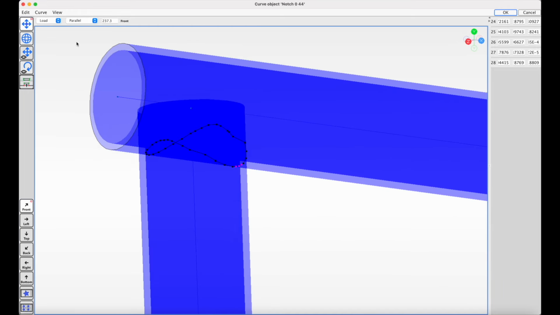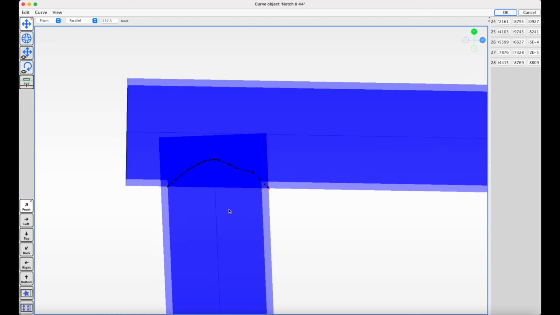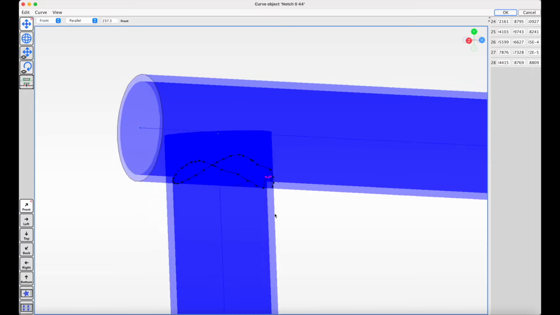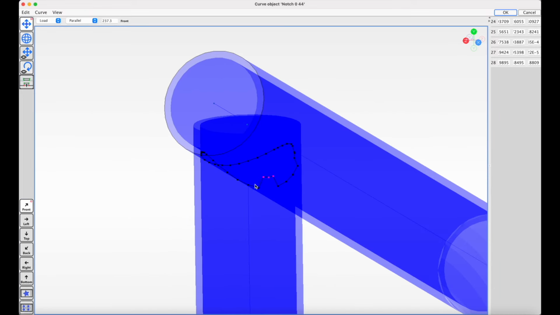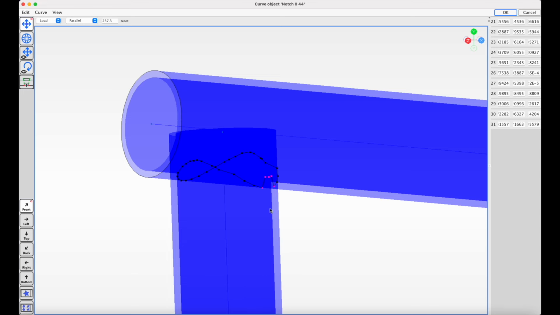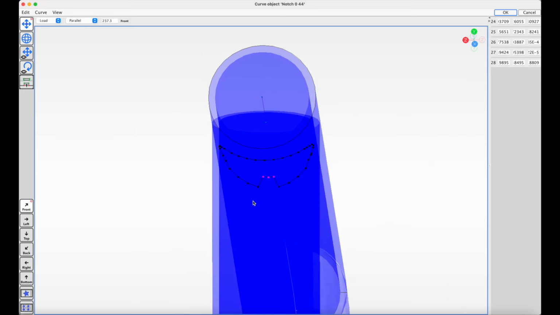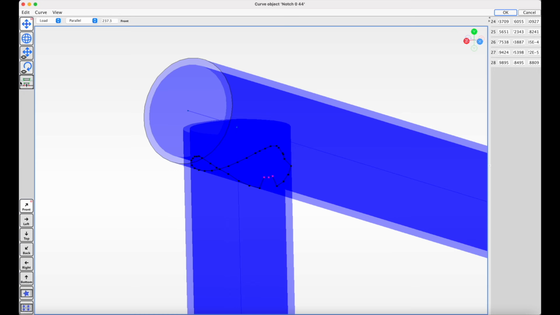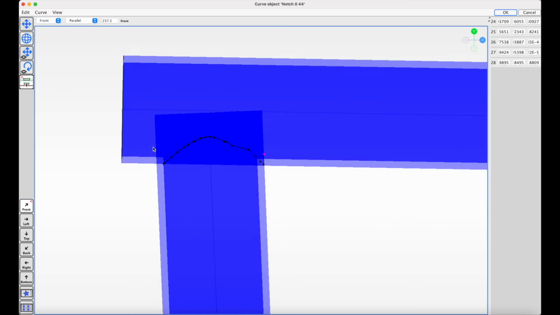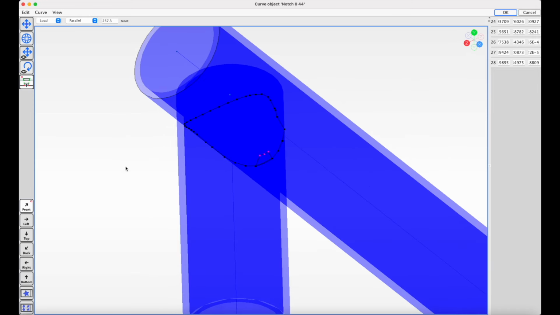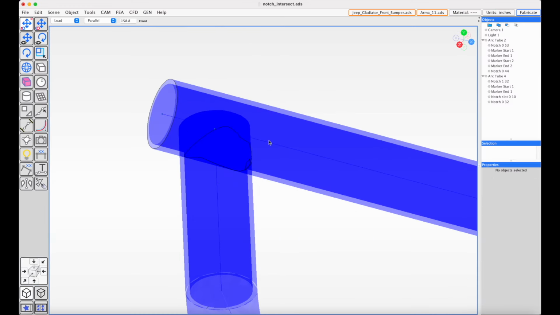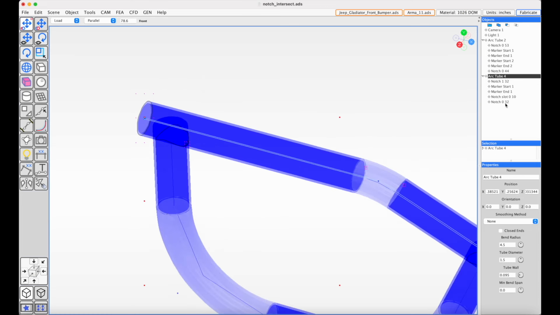I'm going to view from the front. I'm going to pull these up because I want this to enter into the tube. So this is going to act as a tab. So I'm going to select these pieces, and then I'm going to select this tab and notch feature. I'm going to view from the front, and then I'm going to click up just to have it generate. Select the move tool again. Now I'm going to click OK, and in this tube there is now a